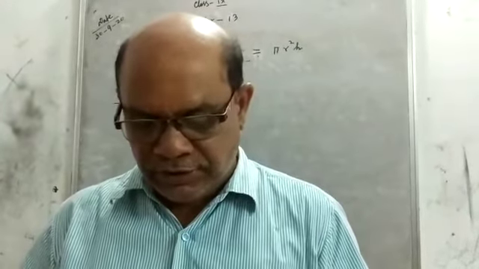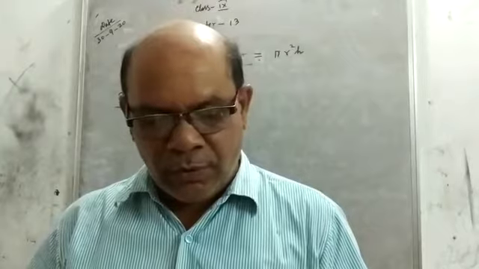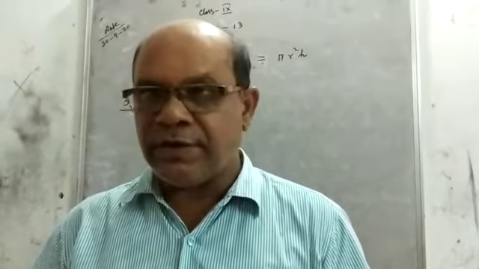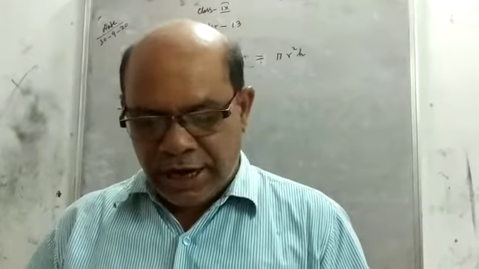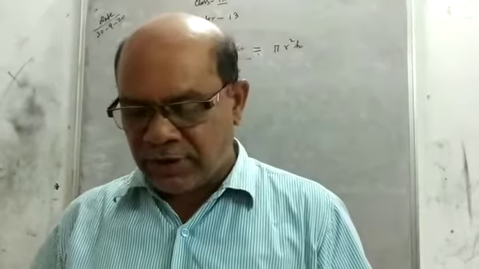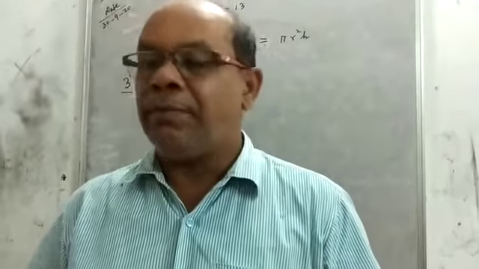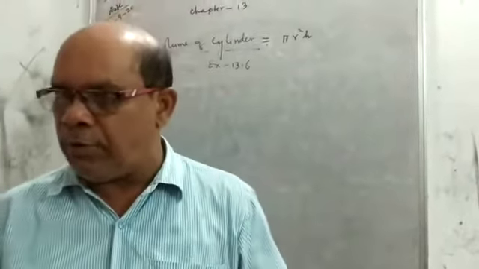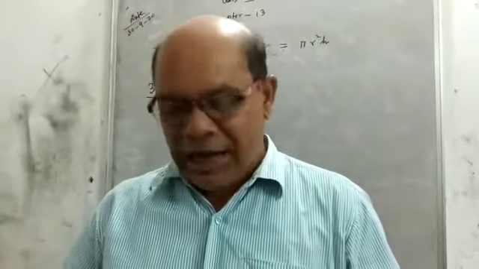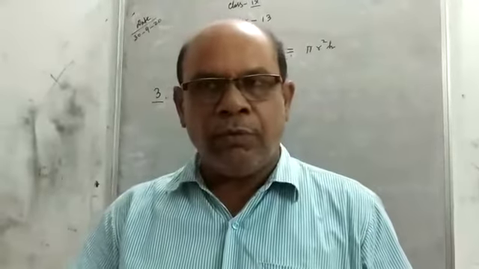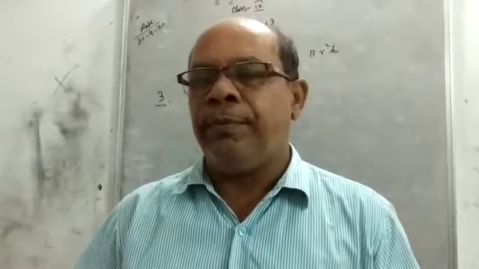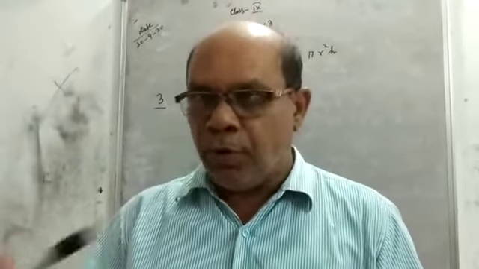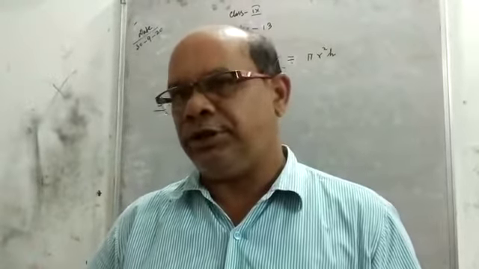But here you see the second pack, a plastic cylinder with a circular base of diameter 7 and height 10 cm. Which container has greater capacity and by how much? So we will find the volume of these 2 packs separately, and then we will compare which container has the larger, meaning more capacity, and by how much. So here first we will find the volume.